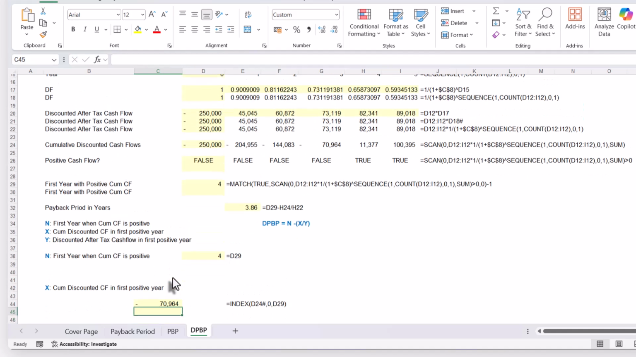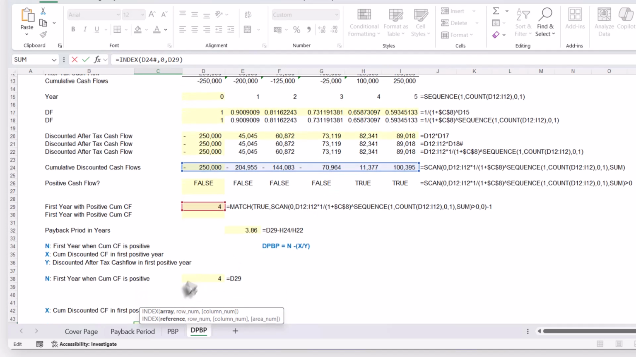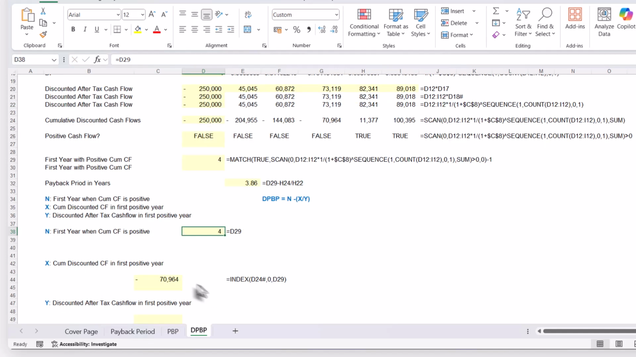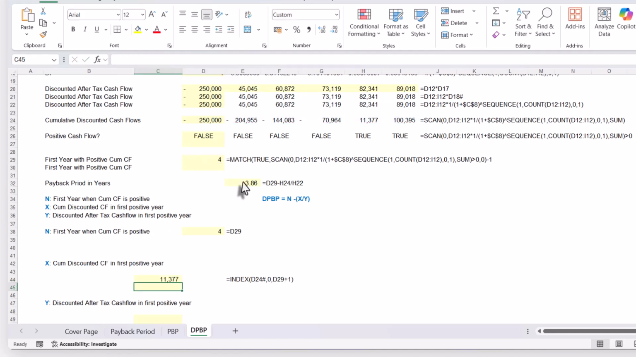So again, I'm getting the negative value in year 3 because the years start counting from 0. So to remedy that, again, I will have to add 1. So here I will add 1 and I get 11,377. That is the year 4